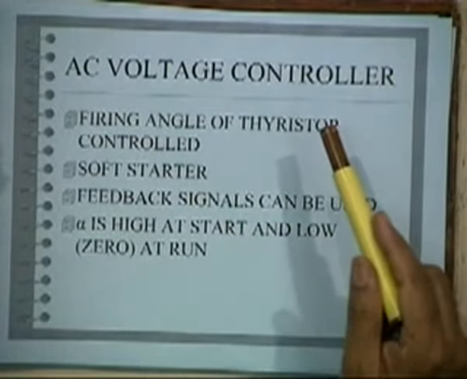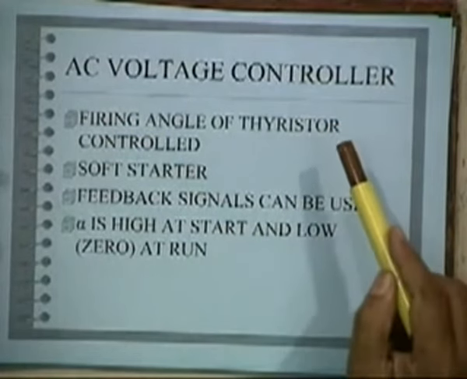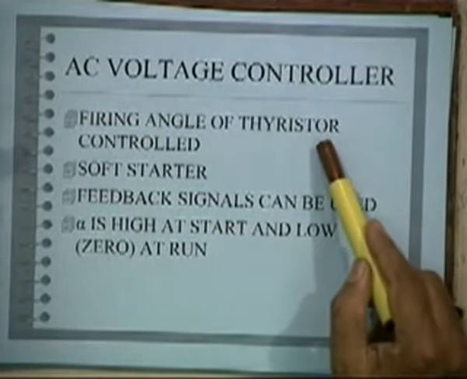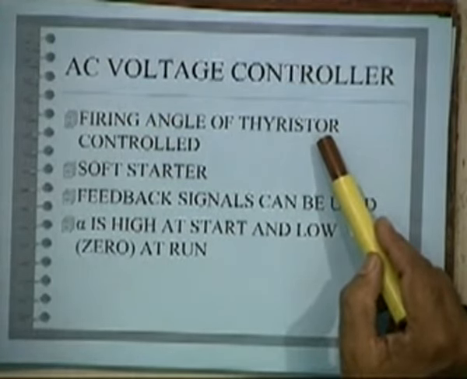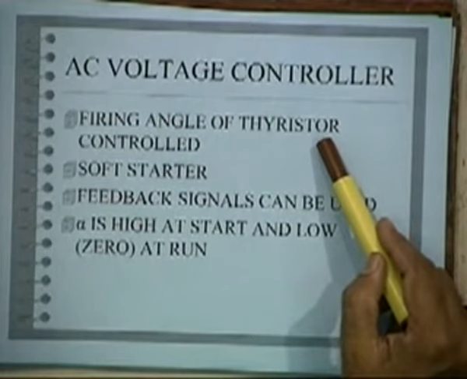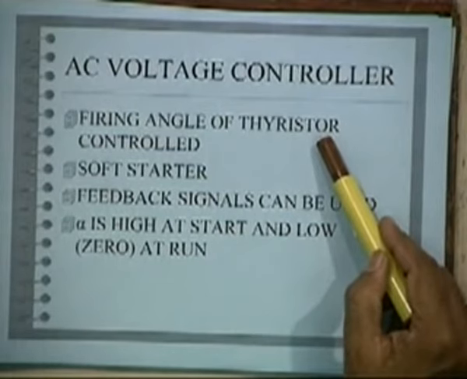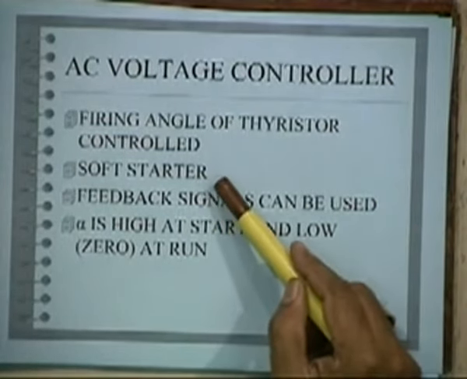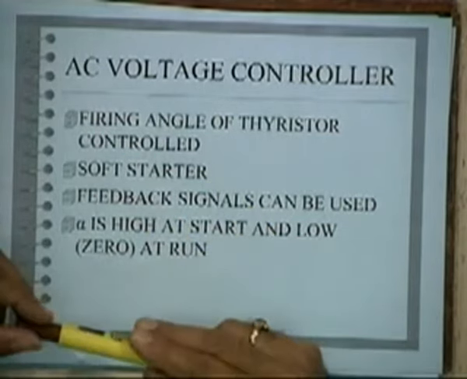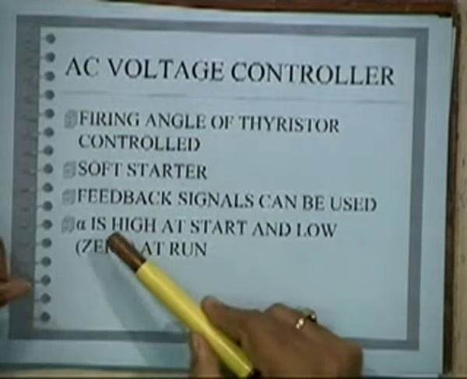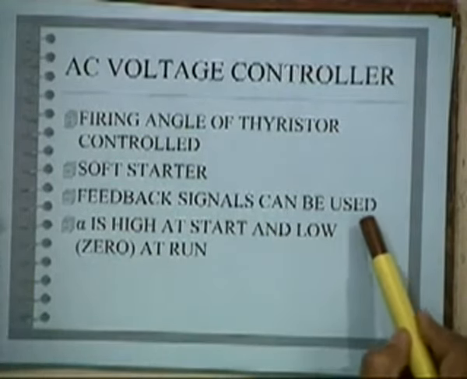To recall, we have already covered several methods of starting, and one of the more popular in recent periods has been the use of electronic starting or AC voltage controllers, where we use a device called a thyristor, which is a power electronic switch. It is a high power, 4-layer PNPN device that works as a switch, and which can be turned on and off electronically. It's also called a soft starter because you can start smoothly, and programmed starting is possible. Feedback signals can also be used there,